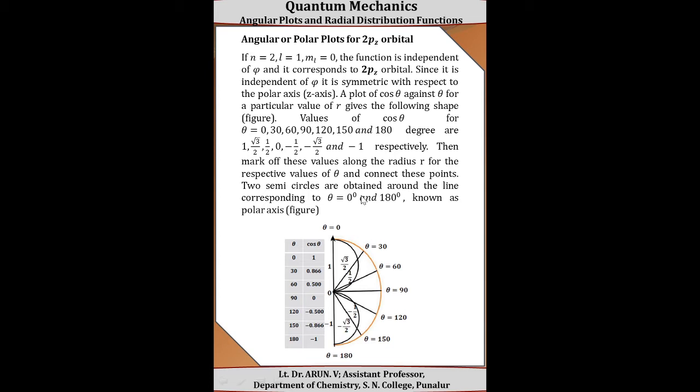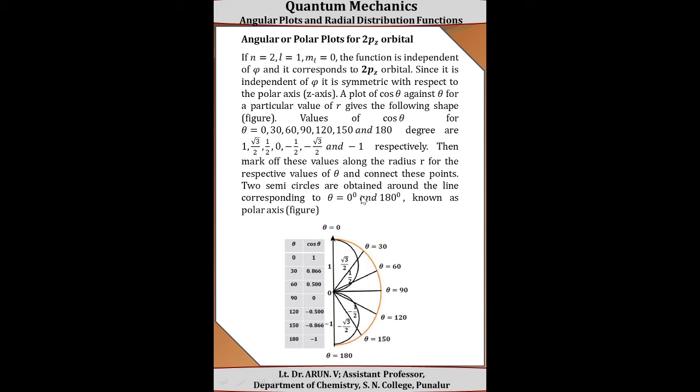In the case of 2pz orbital, the value of n is equal to 2, L is equal to 1 and ML is equal to 0. Here the 2pz function is independent of phi. Since it is independent of phi, it is symmetric with respect to the polar axis, that is the z axis. Therefore, if we plot cos theta against theta for a particular value of r, that gives the following type of